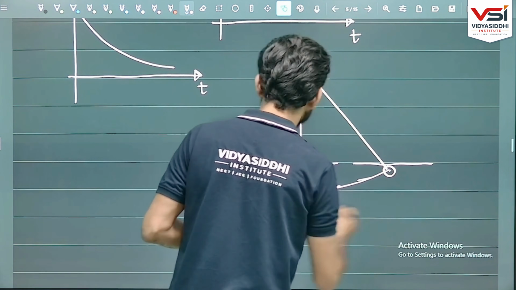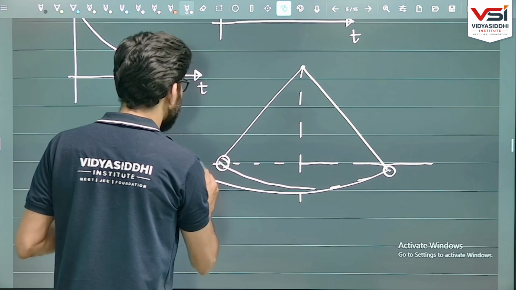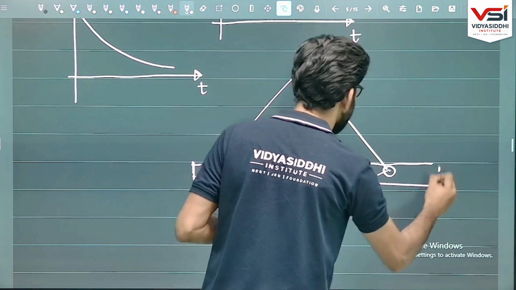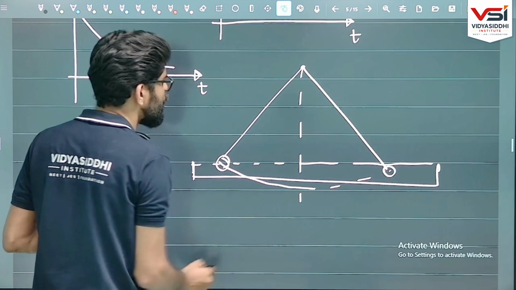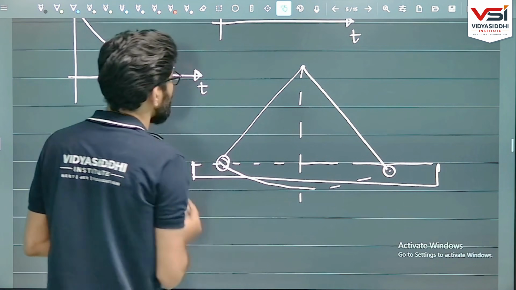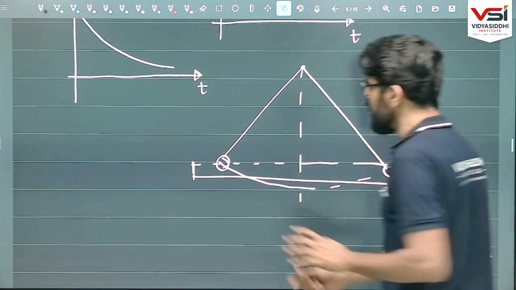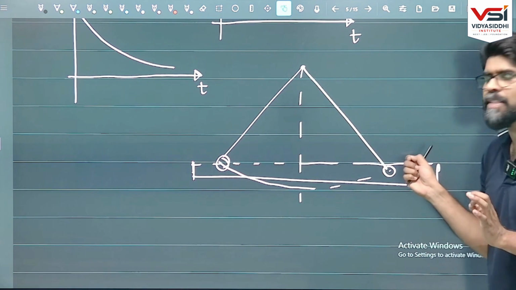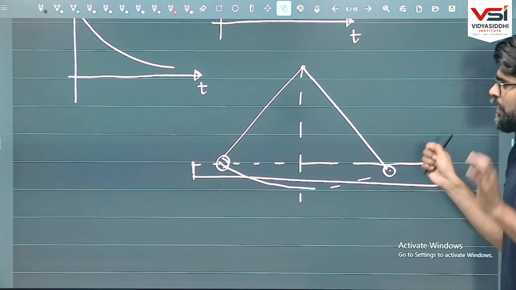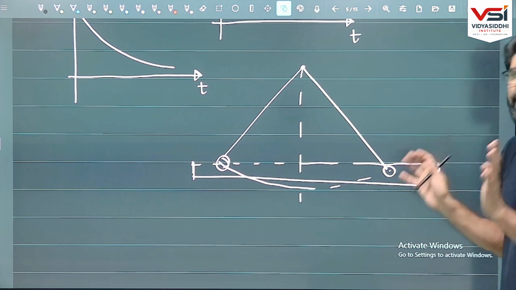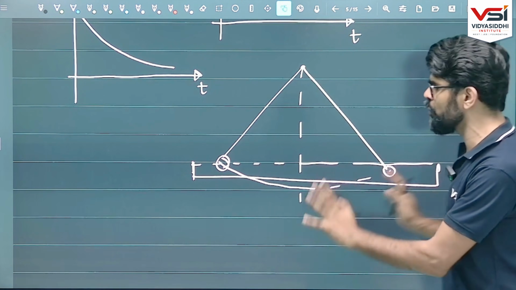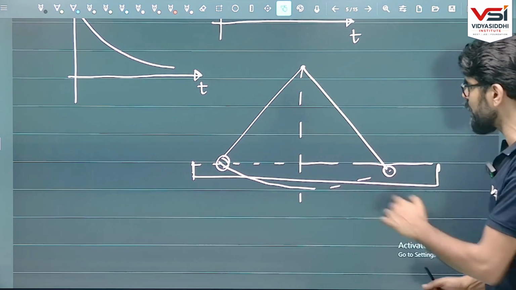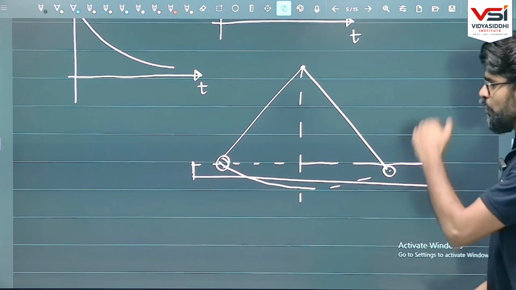When the meter scale is attached, you can even conduct the experiment on a table also, by placing this kind of setup at the table's edge. The pendulum is oscillating between two extremes. You have to release the simple pendulum from one extreme, and then wait for a while to make the oscillation stable, and after that, when it reaches one extreme end,